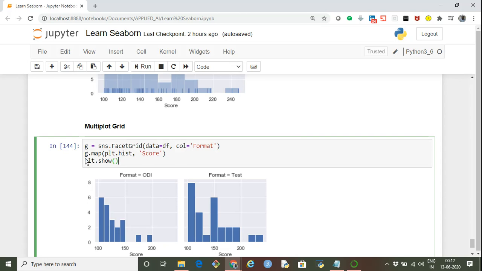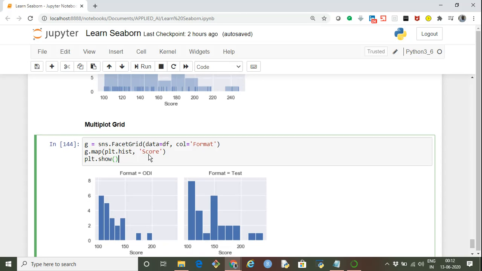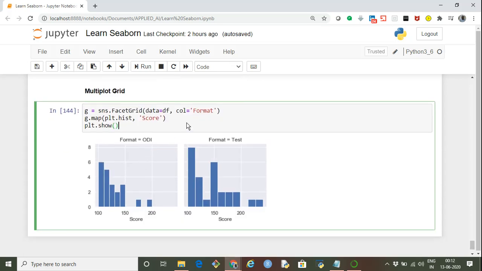So basically g is an object, and I'm saying g.map. What to plot is a histogram, and the histogram should be plotted on this particular field, score. It will plot two histograms, because I've specified column as format, one for the ODI and another for the test.